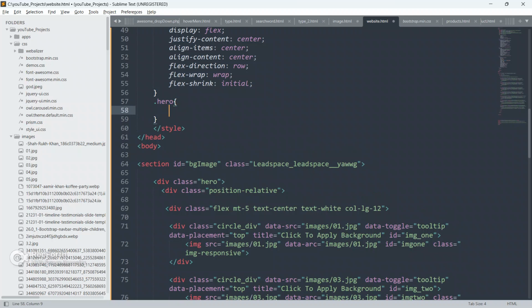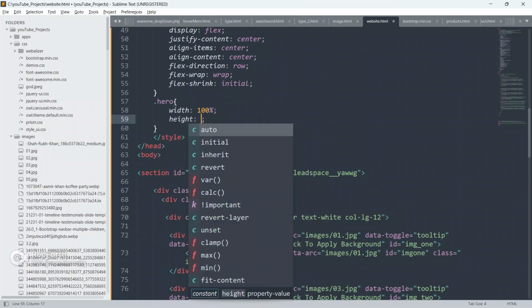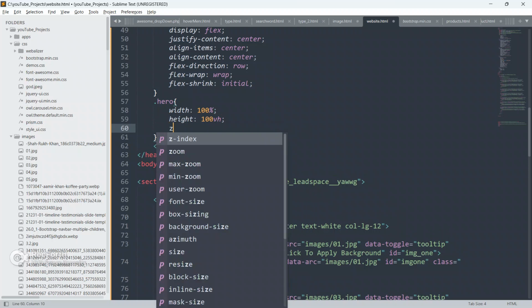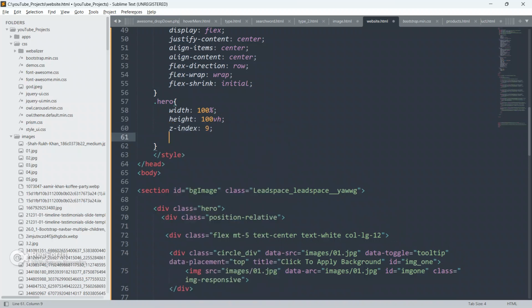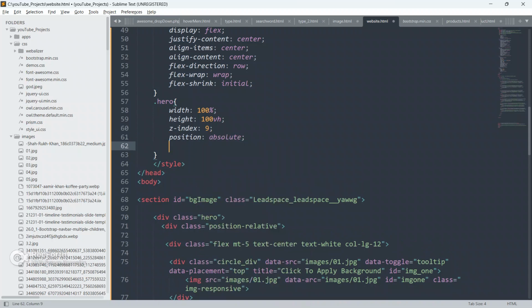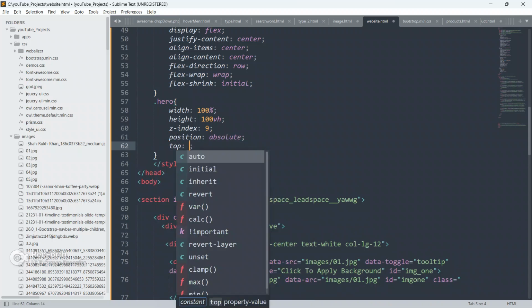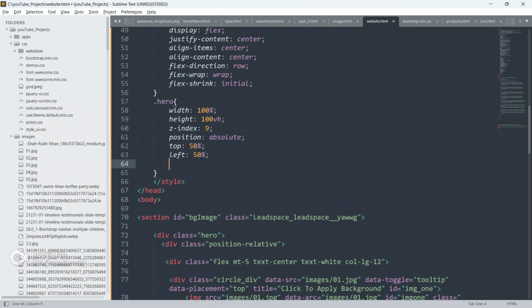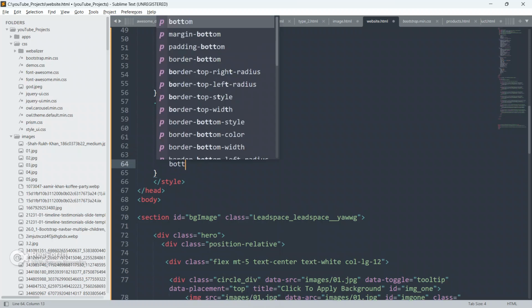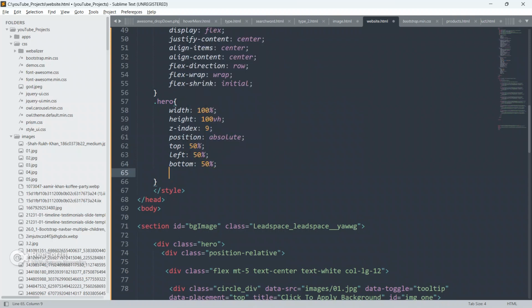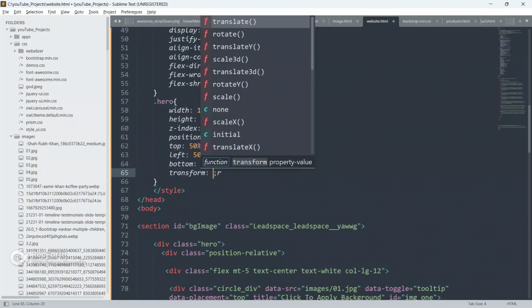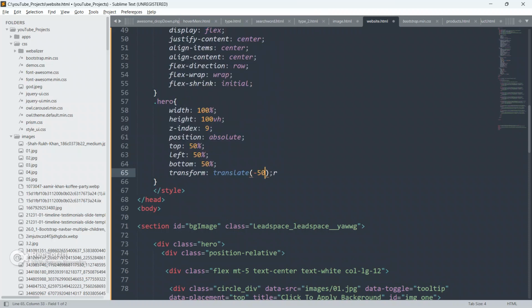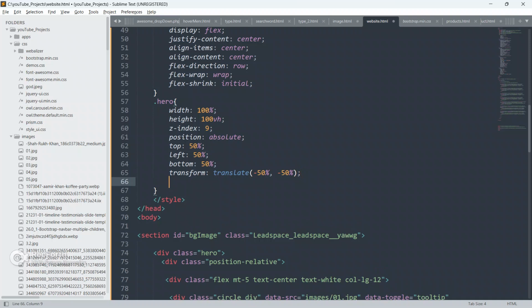Just go here, paste it here, and give width as 100%, height as 100vh, z-index as 9, position as absolute, top as 50%, left as 50%, bottom as 50%, and transform translate(-50%, -50%).